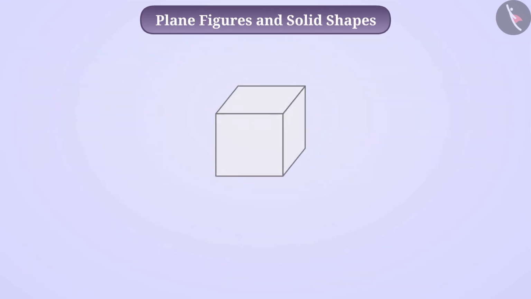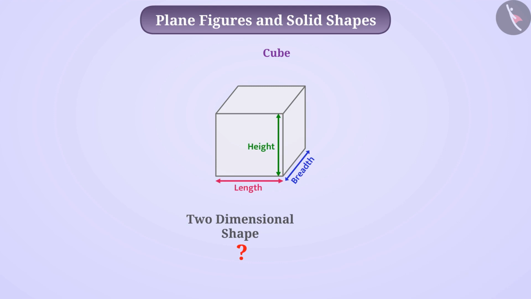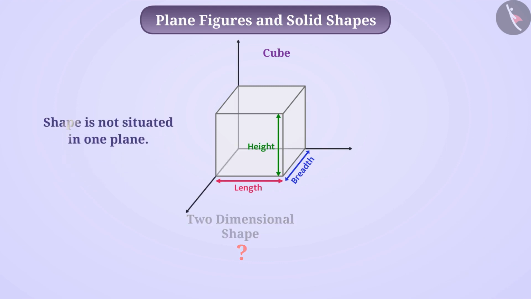Now look at this shape. This is a cube. Is it a two-dimensional shape? Think. We see that it has three dimensions: length, breadth and height. Being three measurements or three dimensions, this shape is not situated in one plane, but it occupies space in different